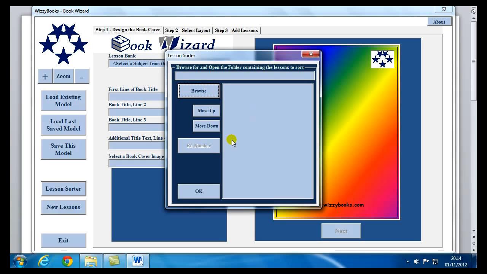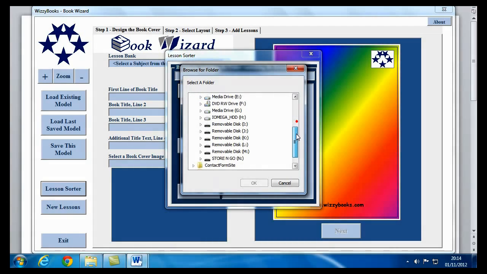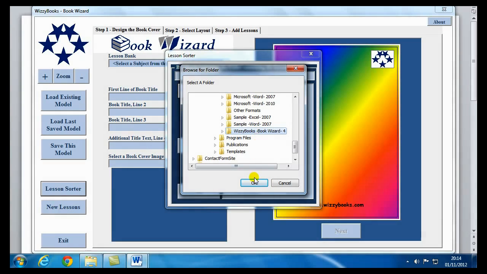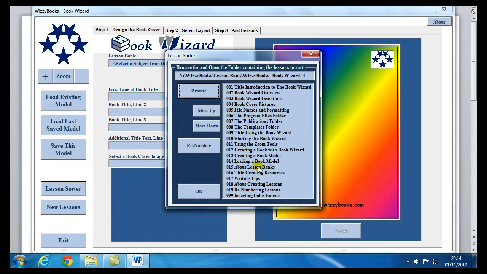The first thing I need to do is to go and find the lessons that I want to work on. So I'm going to click on Browse and I'll scroll down to my Store and Go. Remember, I'm using the Book Wizard from a flash drive. I'll just expand that and open the WizzyBooks folder. There's the Lesson Bank folder, and the Book Wizard Lesson Bank is what I'm interested in. So I'll select that and say OK, and all of the lesson files in that lesson bank are then listed